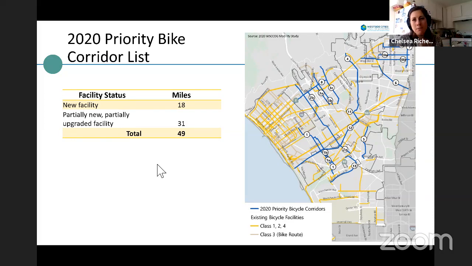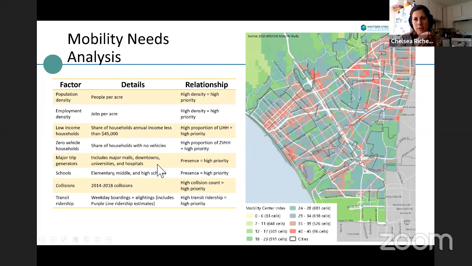And then beyond bicycle upgrades, which is a specific part of the scope of work just because that 2012 list exists, we're also, of course, looking at all other sorts of transportation upgrades and priorities as well. So the process that we're undertaking to really create a data-driven approach towards prioritizing transportation investment is first through this